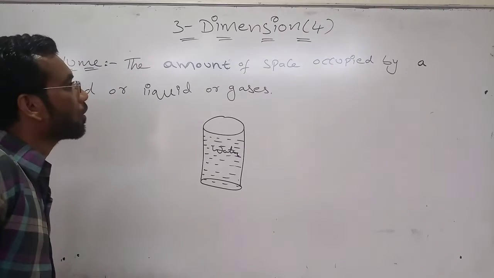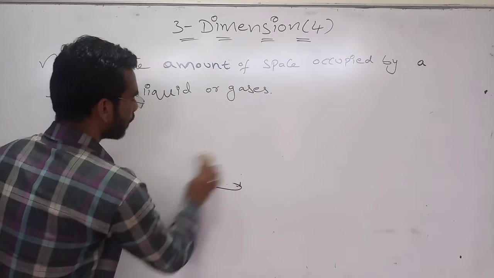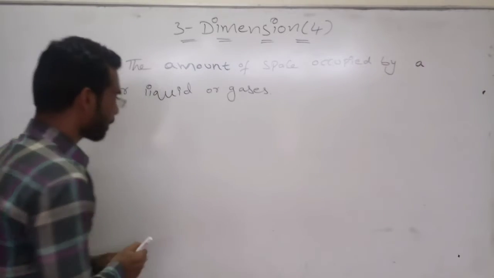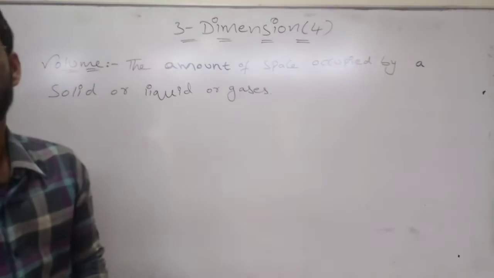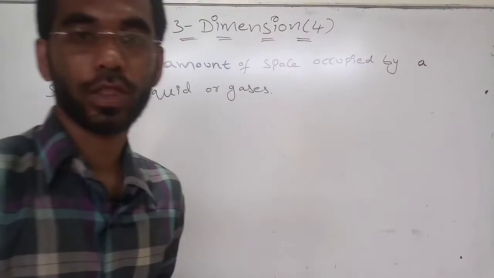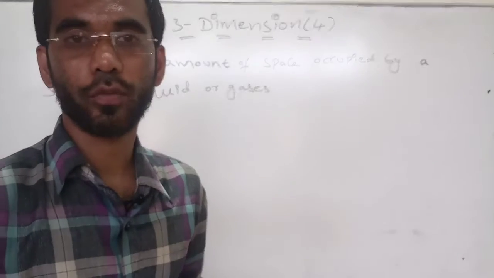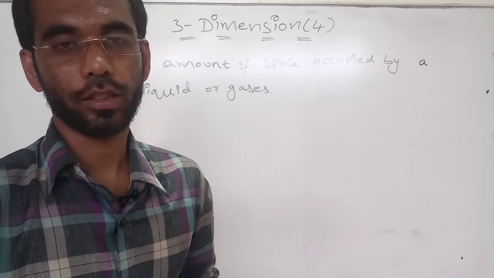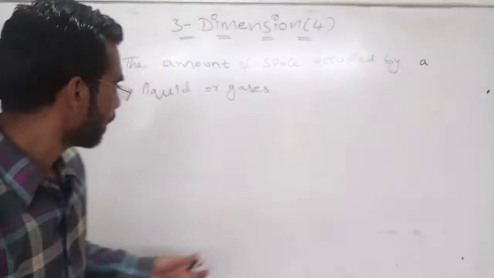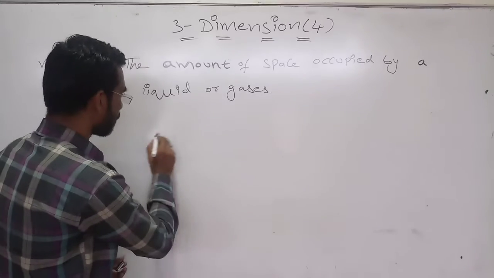What is volume? The amount of space occupied by solid, liquid or gaseous. We will go for the formulas to find out the lateral surface area, curved surface area, total surface area and the volume of the solids, some of the solid figures. Before going to that, we should know